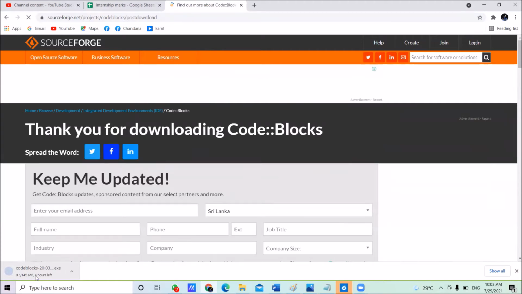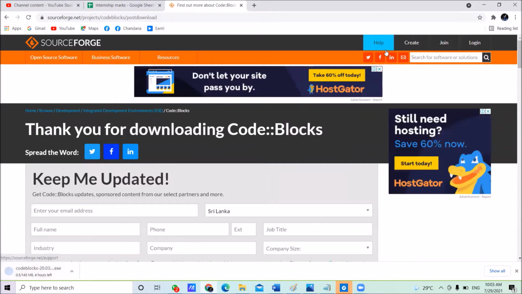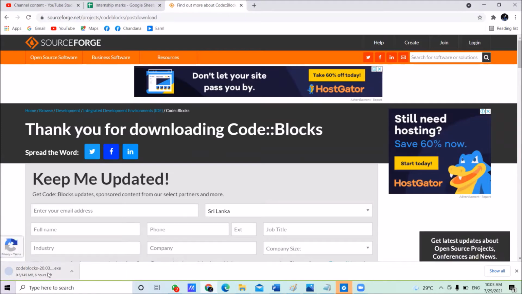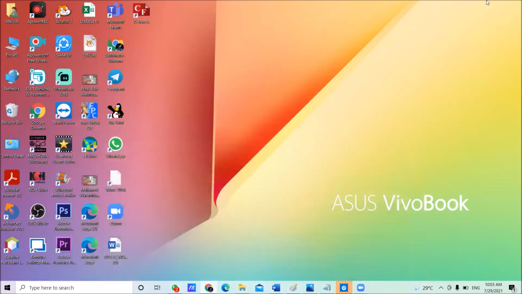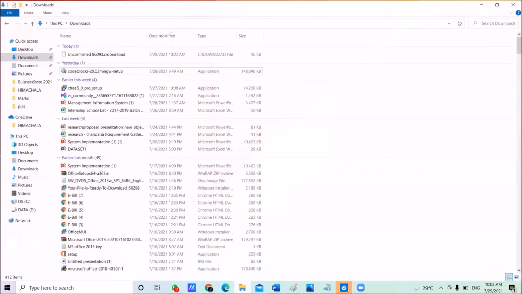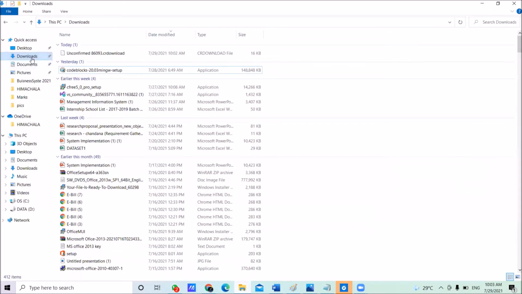Right. I have already downloaded the software. Once you have downloaded it, it will automatically be saved in your downloads folder. Therefore, I am going to open the downloaded file. This is my download folder.